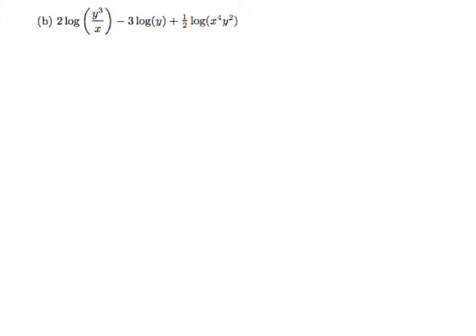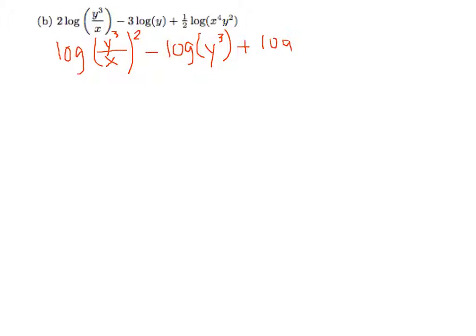Okay, B, we're going to be doing the same thing. So let's go ahead and bring those coefficients in front of the logs as exponents. So we'll rewrite the first term as log of y cubed divided by x, and we'll square both of those terms, minus log of y cubed plus our log of the square root of x to the 4th y squared. We could do a little bit of simplifying here. So we have log of, we know y cubed squared is y to the 6th over x squared